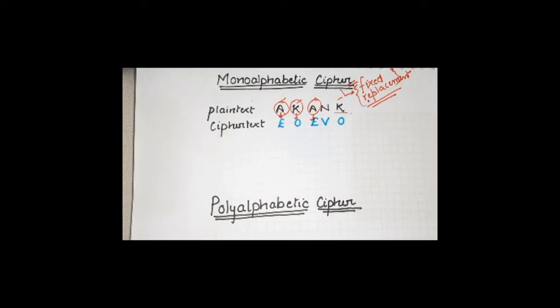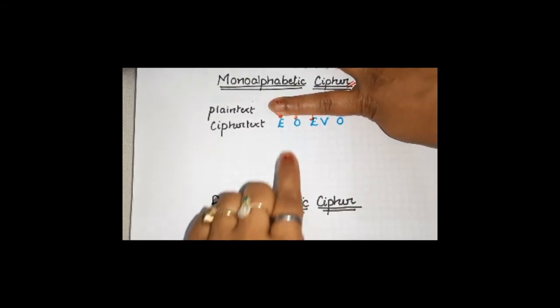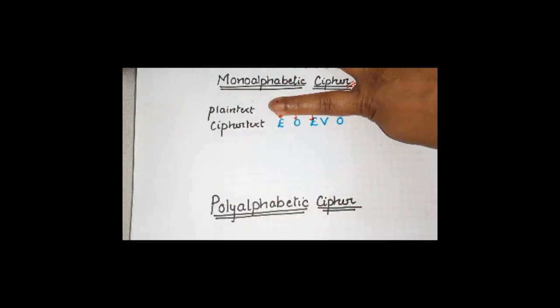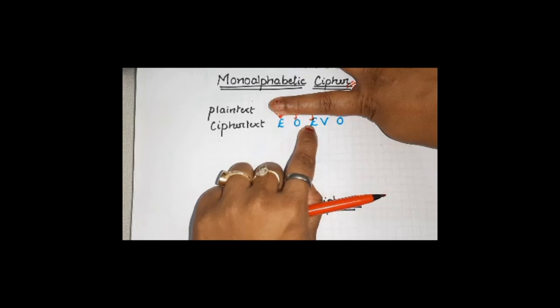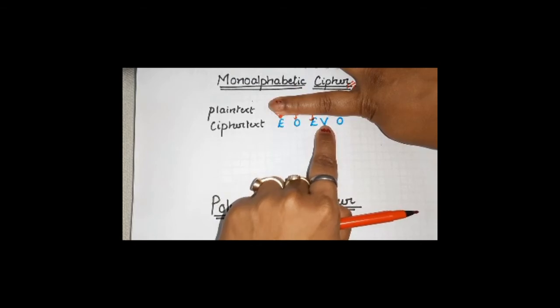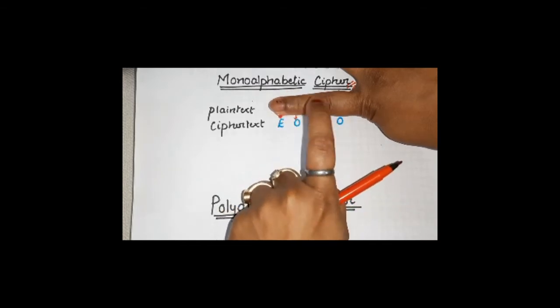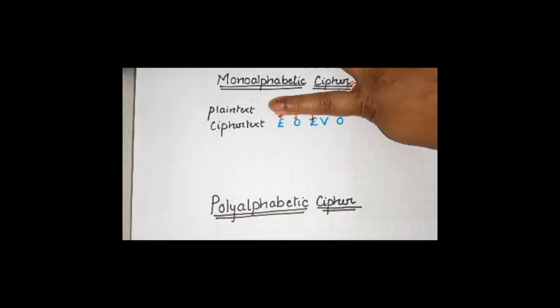Frequency of the language. To be more precise, monoalphabetic ciphers are easy to break because they reflect the frequency of the original data. Right? For example, you don't know what the plain text is. You just know the ciphertext. And if somehow you know that this is a monoalphabetic cipher technique, you know that for every E, the same replacement is going to be there. For every O, the same replacement is going to be there. And if there are other V's, we are very sure that the plain text is going to be the same for every V occurring in the ciphertext.